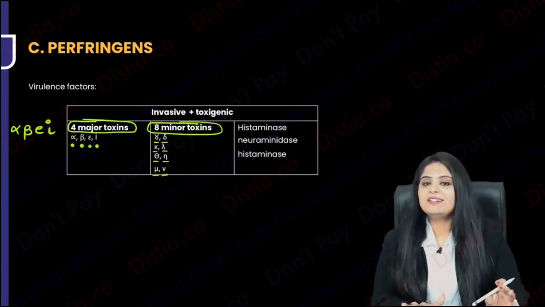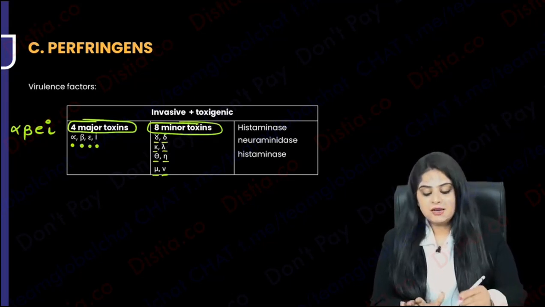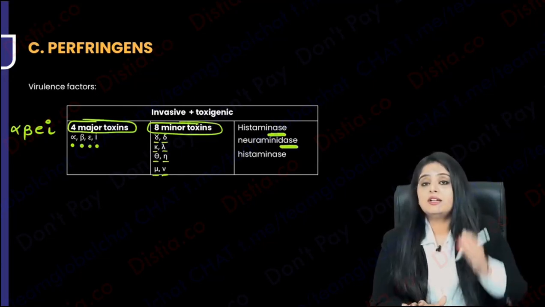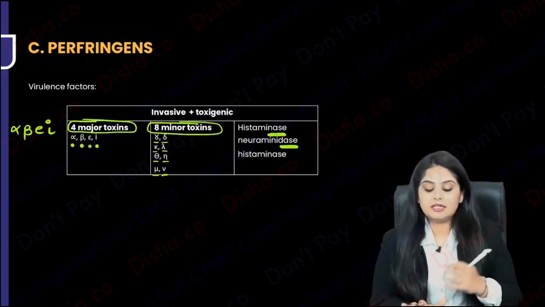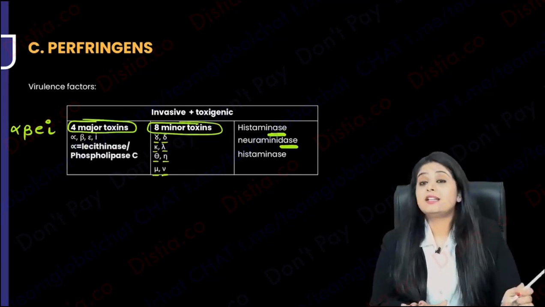So kappa, lambda, delta, theta, eta, mu, nu, all of these come under minor. And what are the enzymes? Histaminase, neuraminidase. These are all coming under the minor enzymes that are there. Okay. Out of all of these, the 4 major ones are done, but the one that I want you to learn